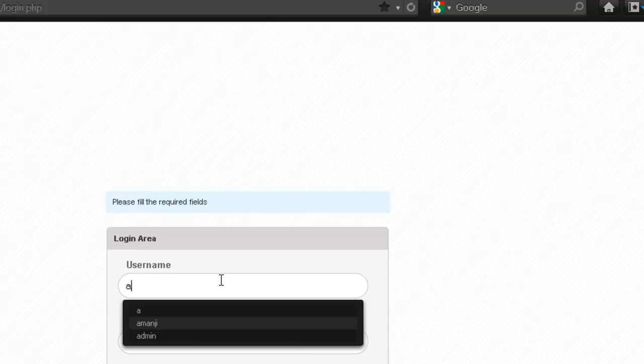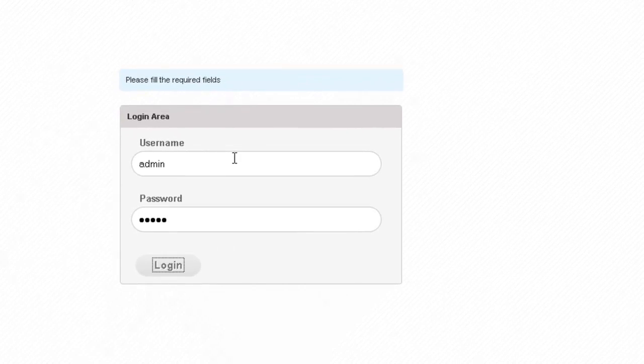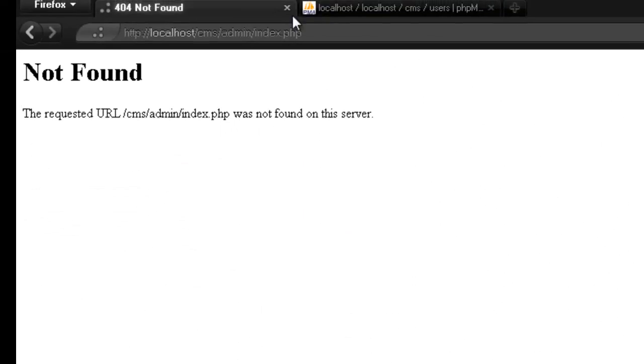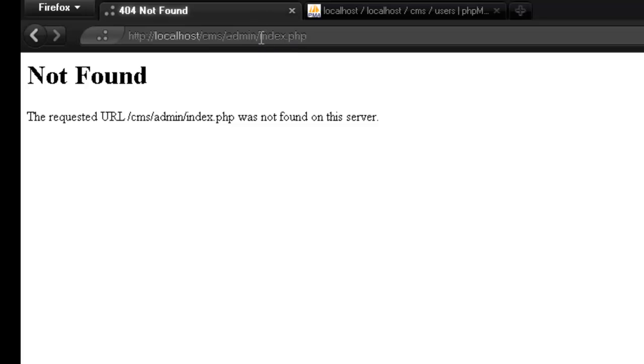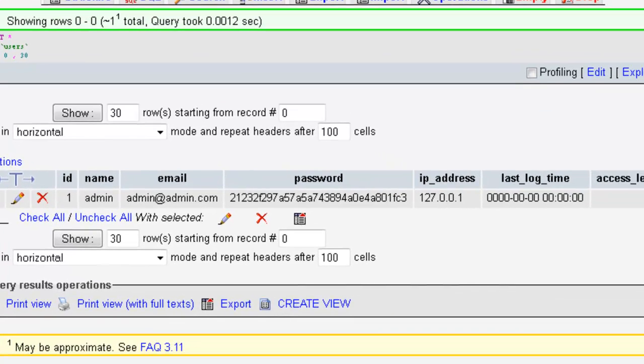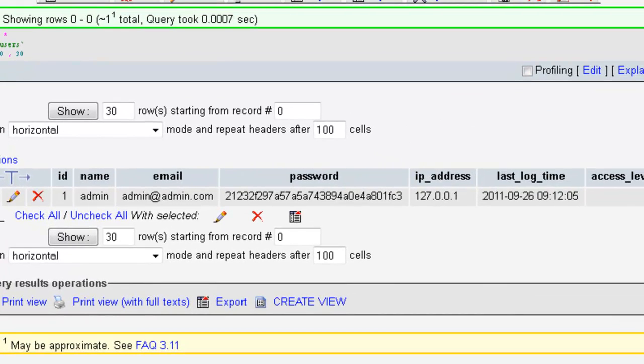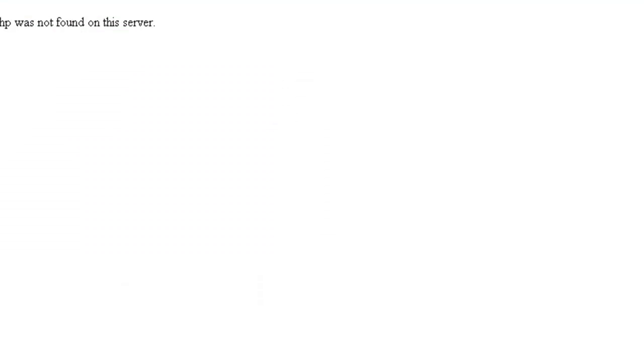Then I'm going to set username to admin and password admin, and see it redirected me to a file index.php that we haven't created. And if I come to my database, it shows the last log time as the current time, which is right now. So guys, that's a very simple and easy way to create a login page that we created right now. In the next video, first we're going to fix this particular